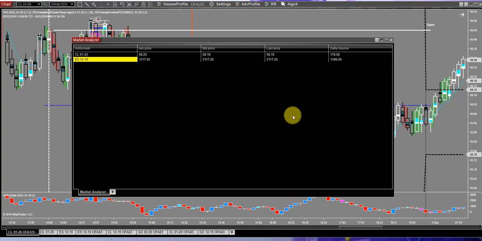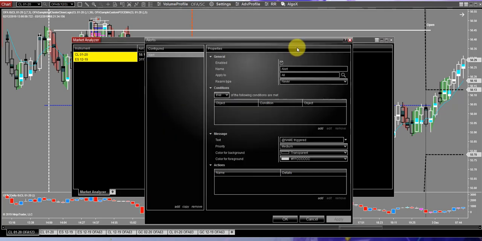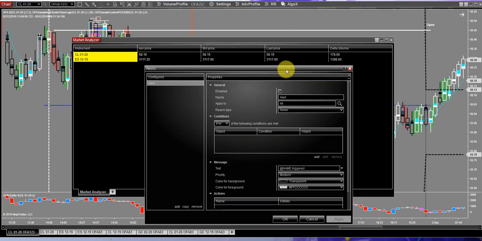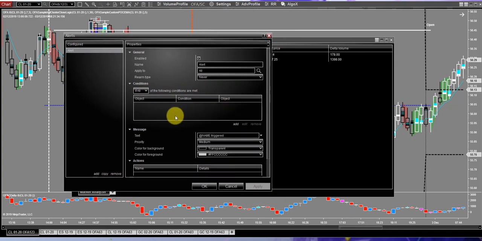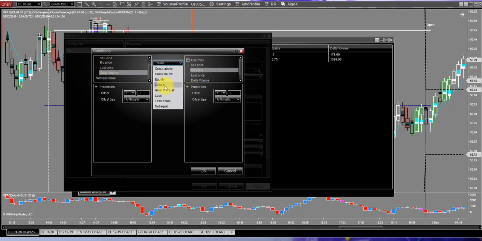So now that I've created this delta volume column, one of the next steps that I could do with Market Analyzer is actually create an alert using this column. So if I come into here, in the conditions section, I want to add a condition based on one of the defined columns. So you can see what's showing here is the ask, bid, and the new column that I've just added, the delta column. For the delta, I want an alert to be triggered when the delta is greater than,